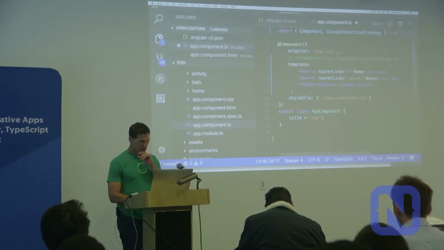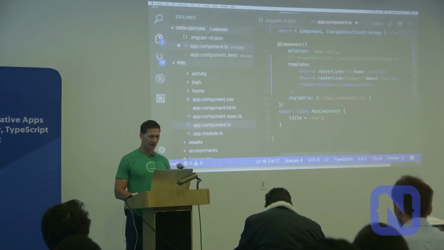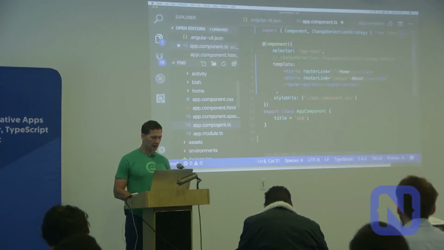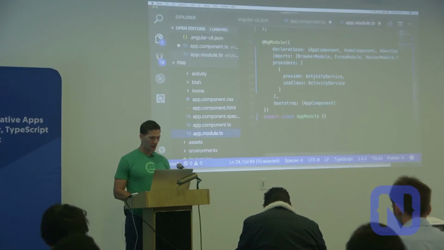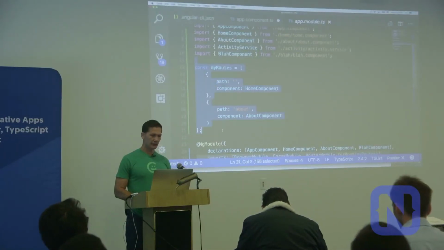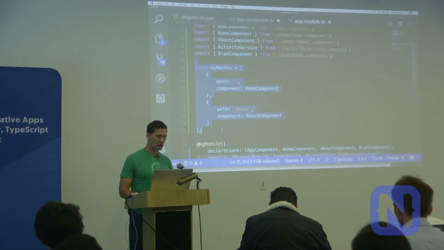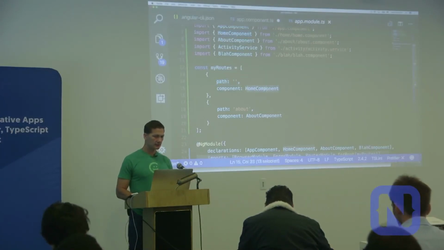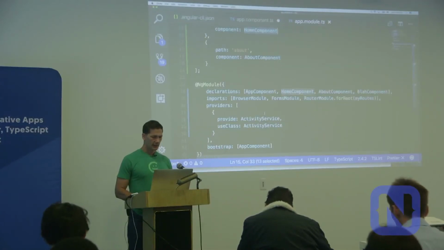However, just to demonstrate a little bit, I am going to add some stuff to showcase a little bit about what Angular is able to do. The first thing I will explain is what I already have here for routing. For routing, it starts at the module level with the routes. You have just an array of routes, which points from a path. There are other options too, but I'm giving the simpler version, which is just a path and then what component it's routing to.